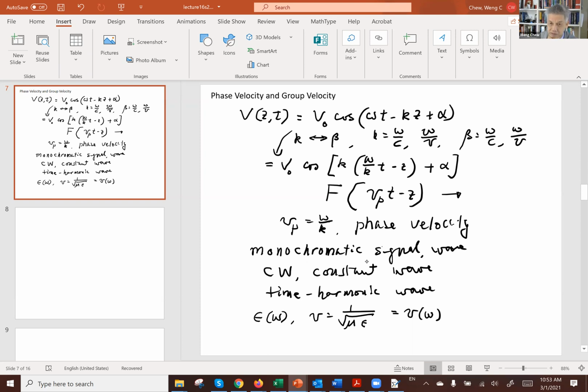So different frequencies will have different phase velocity. And so if you send in a multi-frequency pulse, different frequency components of the pulse would propagate with different phase